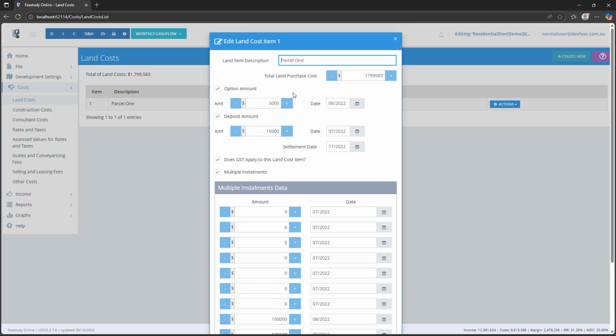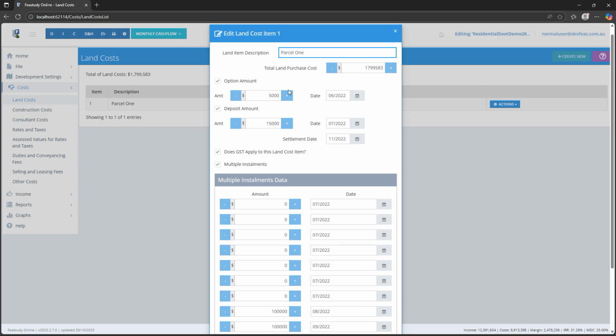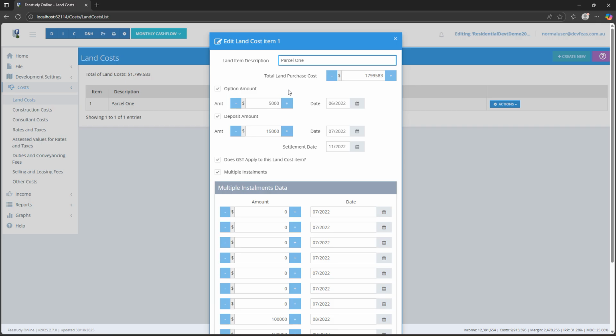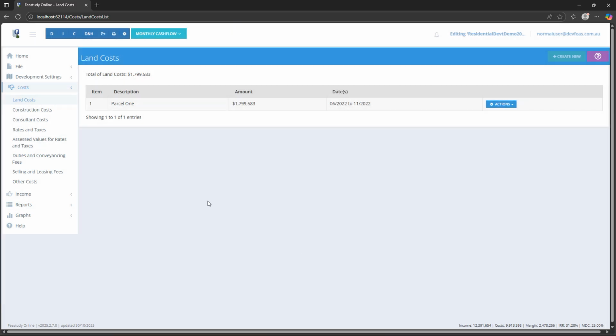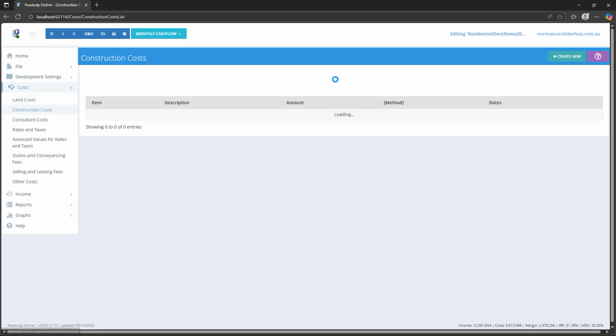When the feasibility file has been set for residual land value calculation, just one land cost item can exist for the file, and the total land purchase price for that item then equals the residual land value that is consequently calculated. At this point, we will go to the Construction Costs list window, where we will select the first construction